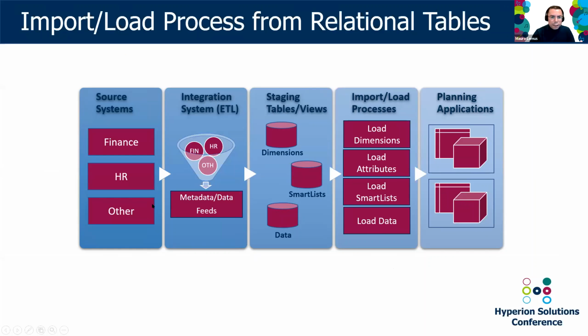So in general, the general rule is to extract the data in some way. You can use ETL tools. You can use any other kind of integration system. You can take that data and provide the metadata and data feeds in the format that we need in order to upload that into Hyperion Planning. So the idea is to have tables for dimensions, a smart list, attribute dimensions, and data. And then we will include processes to load dimensions, load attributes, load smart lists, load data into the Hyperion Planning